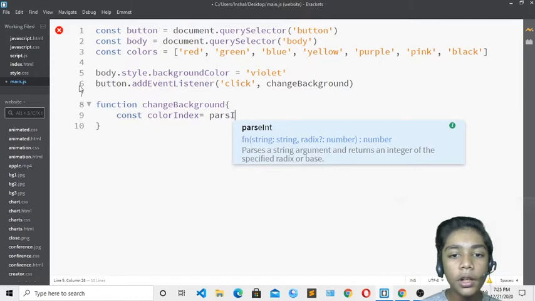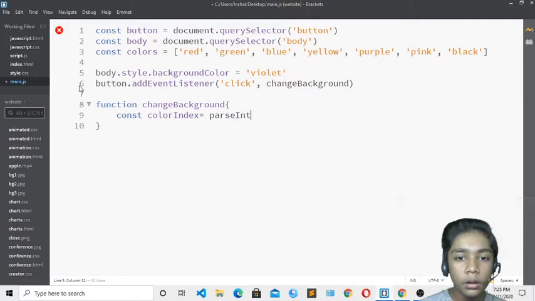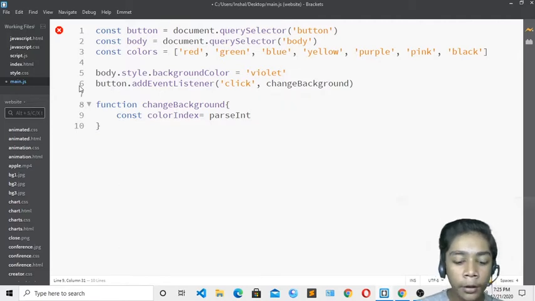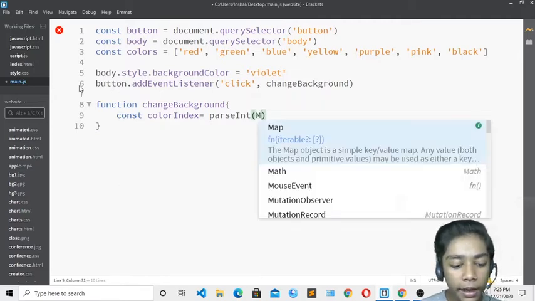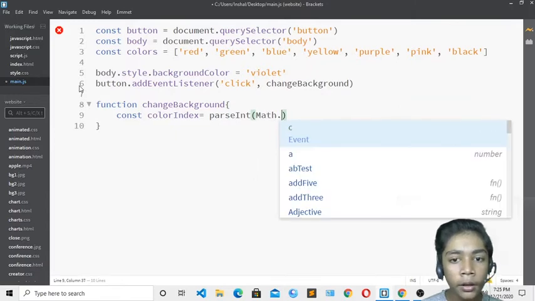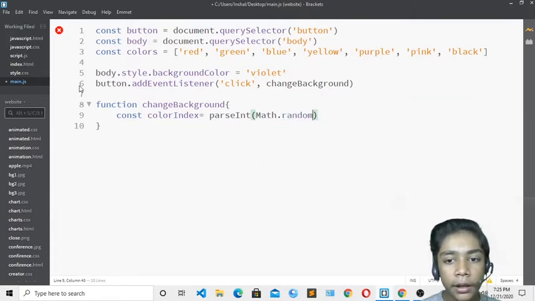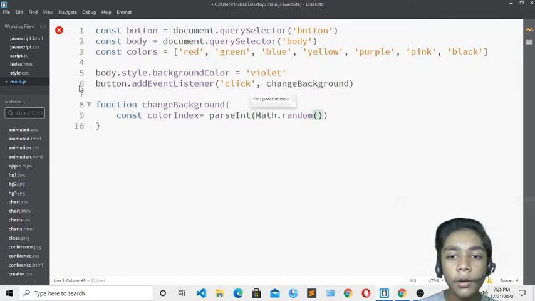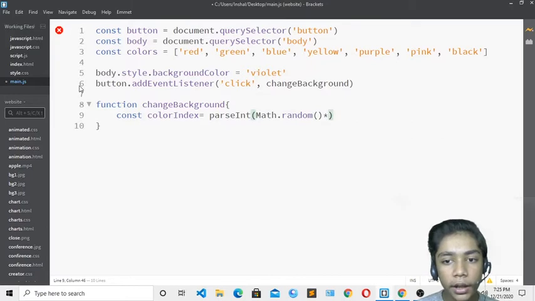These all tags are called string, so you have to call these all tags string over here. When you have done that, write this tag, and in this tag you have to write Math.random. So write Math.random, and in here write this tag again. Then you write this hash, when you press shift and 8, and over here you define colors. Because we are defining parseInt, Math.random and then this column, our colors will be coming when we click our button over here.